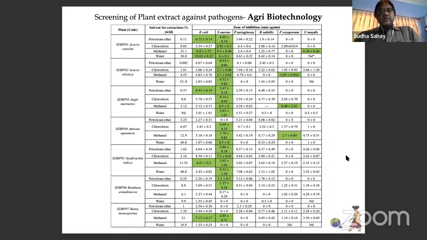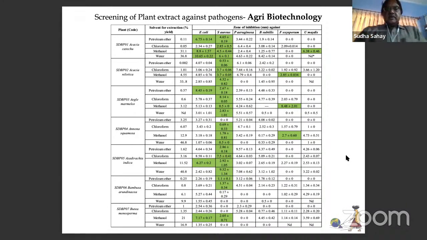the fungal control or the bacterial control, if we do the extraction in aqueous, either hot or cold, or even in different non-polar solvents, the efficacy varies. Even the compounds' concentration varies. So that means depending upon the solubility in different solvents, we can do the extraction, and after that, we have checked the efficacy by means of plate assay,